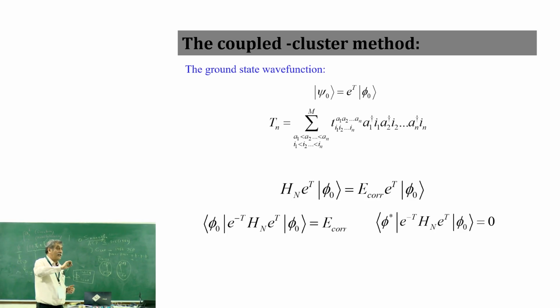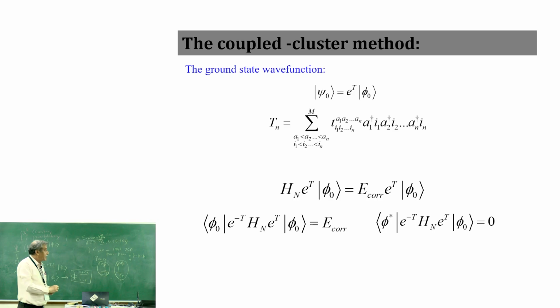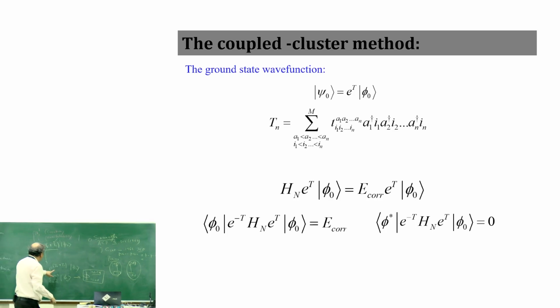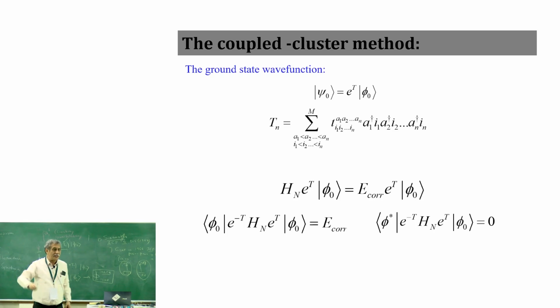So what are those selected diagrams? The important ones. And that is where coupled cluster scores. It doesn't do brute force infinite order perturbation. It takes care of infinite order, only of selected diagrams, and that infinite order summation comes very analytically. So that is the second advantage, otherwise you can't do it.